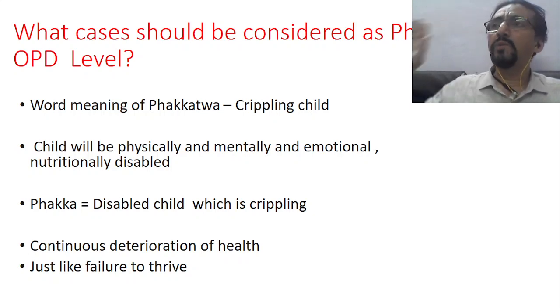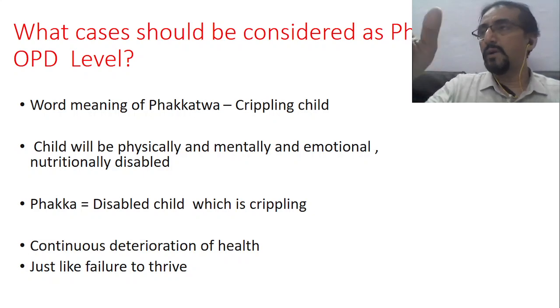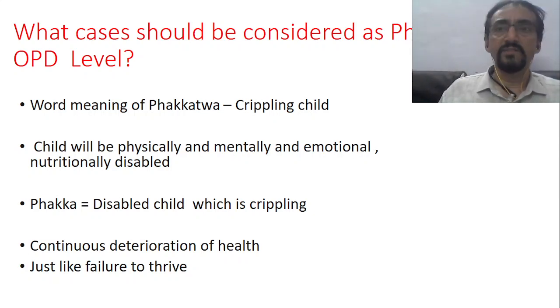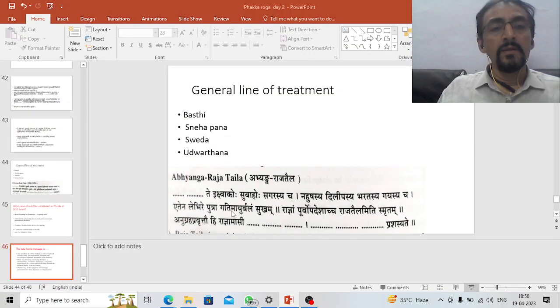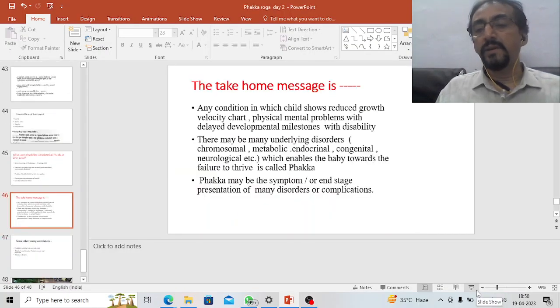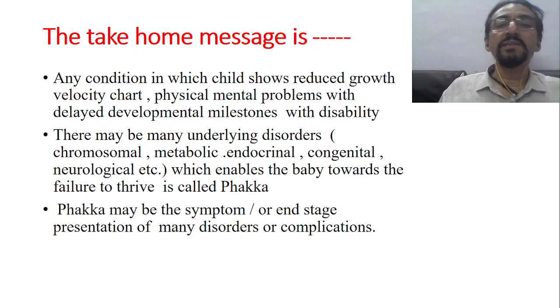That means when you look at the child, if there is a growth fault, growth flattening, growth fall, you consider that as the beginning part of Phakka, and try to adopt your treatment principle and get success. Now, what is the take-home message here? The take-home message is any condition in which the child shows a reduced growth velocity chart, physical and mental problems, with delayed developmental milestones, with different types of disabilities, should be taken as Phakka